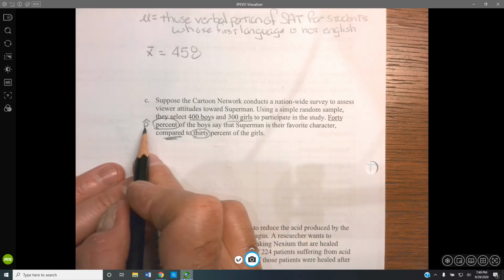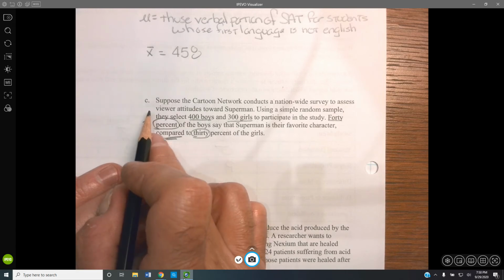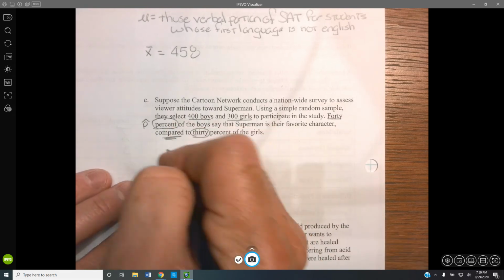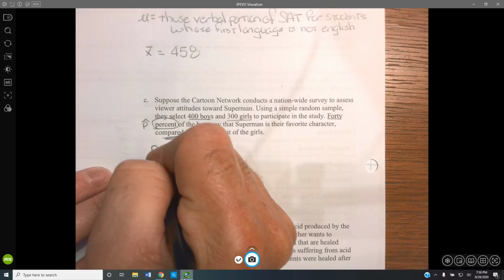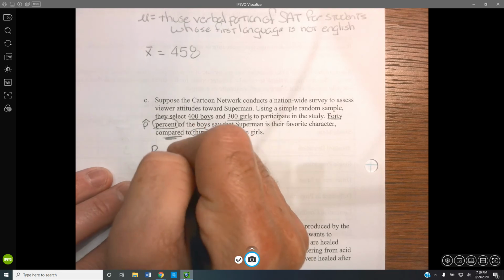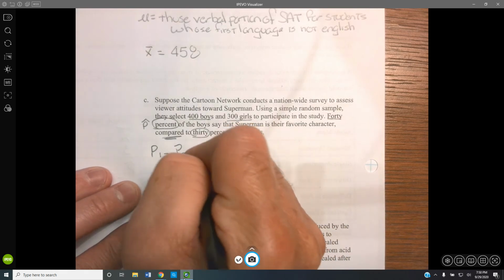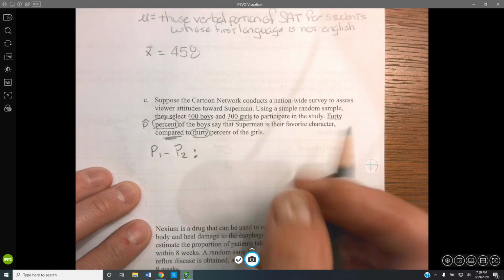Of the boys say that Superman is their favorite character, we're comparing 30% of the girls. Okay, well, clearly we have p hat values here. So the p hat values we have correspond to proportion values for the population. So the population parameter is going to be P1 minus P2. That's what the population parameter is going to be. And what is it going to measure? It's going to measure the difference in proportions